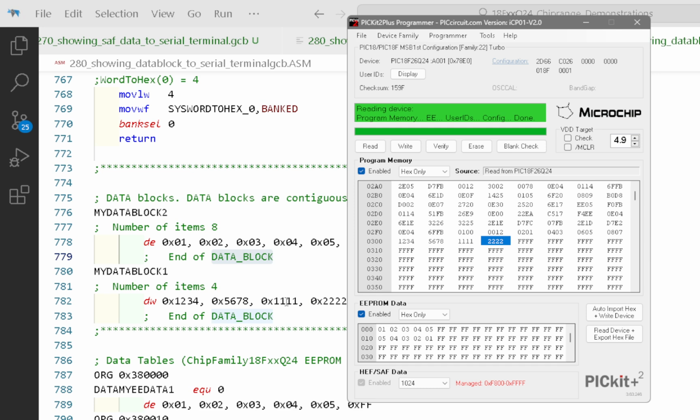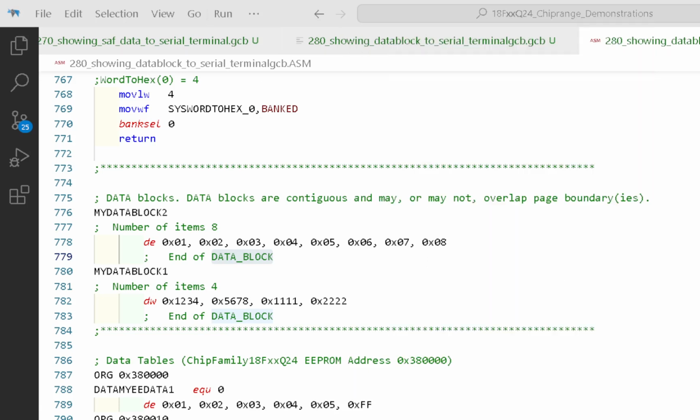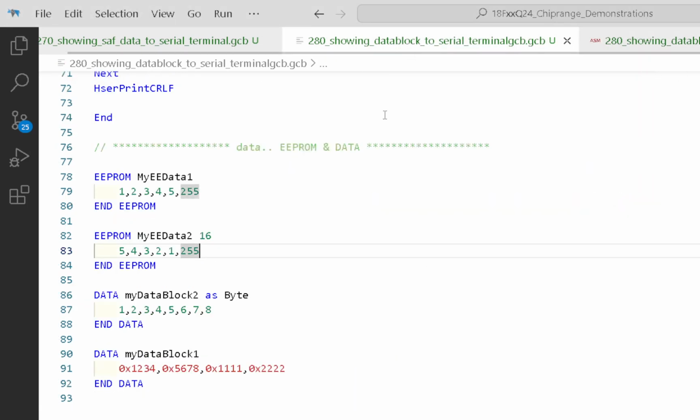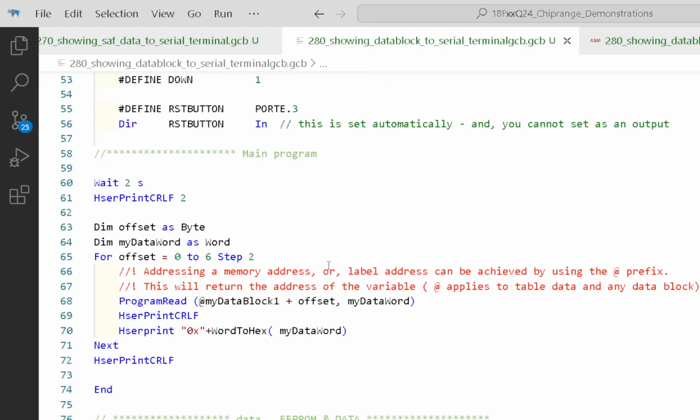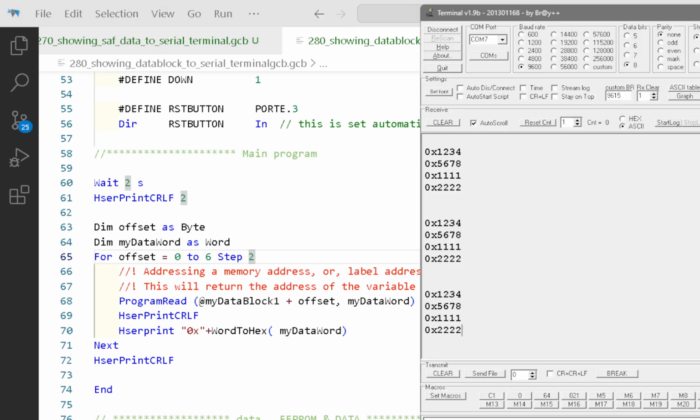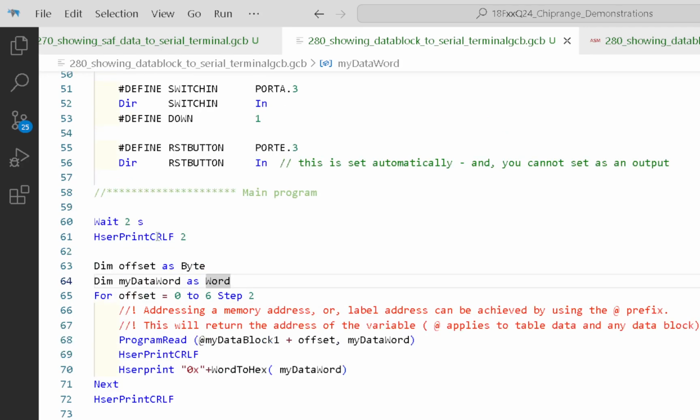That's clever. So how do you use that? You use that very easily. If I show you on a terminal, I must have programmed it now. It says here, program read. It could be PFM read, it's the same command in reality. PFM read, my data block